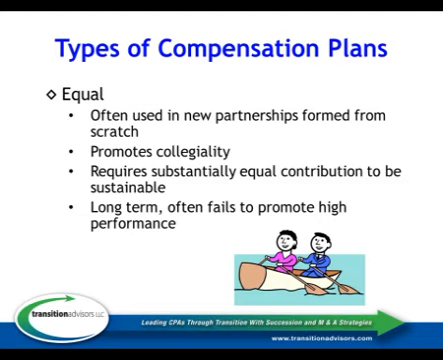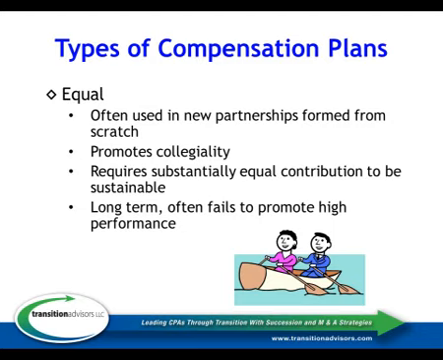And that generally works for a while until, at some point, it becomes obvious that some of the partners are not performing at the same level as other partners. If that goes on for too long, and we have an equal compensation arrangement and things start feeling like they're out of whack, then people become resistant, reluctant to continue on in that system, and if it isn't fixed, of course, the firm can break up.